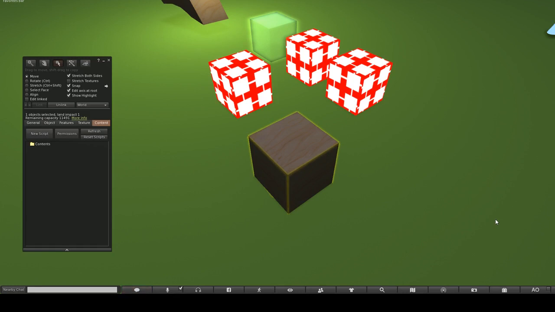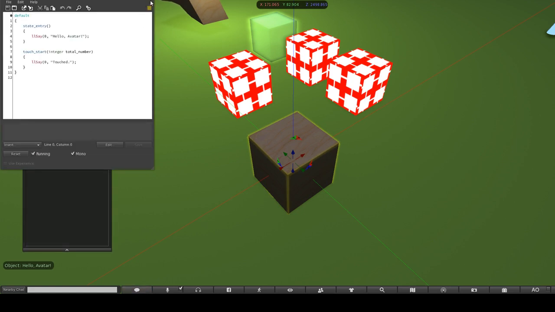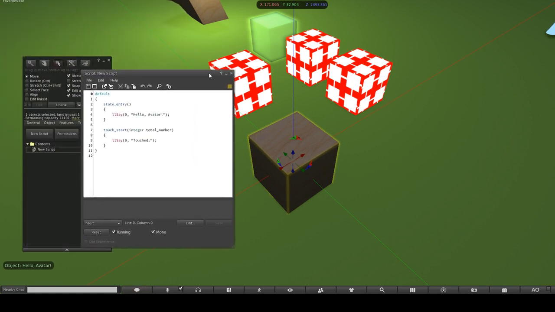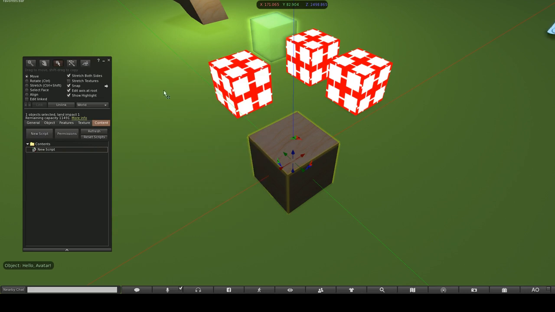And lastly, the fifth lower tab, content, is where you can simply look inside what's stored inside these objects. It's where you can put in items that are stored away like a box. You can put in something called scripts, or just make them right here, that are coded instructions that affect how the object behaves. And it's recommended that you hand these over one by one instead of putting them in a box. It'll save you a lot of trouble. Like